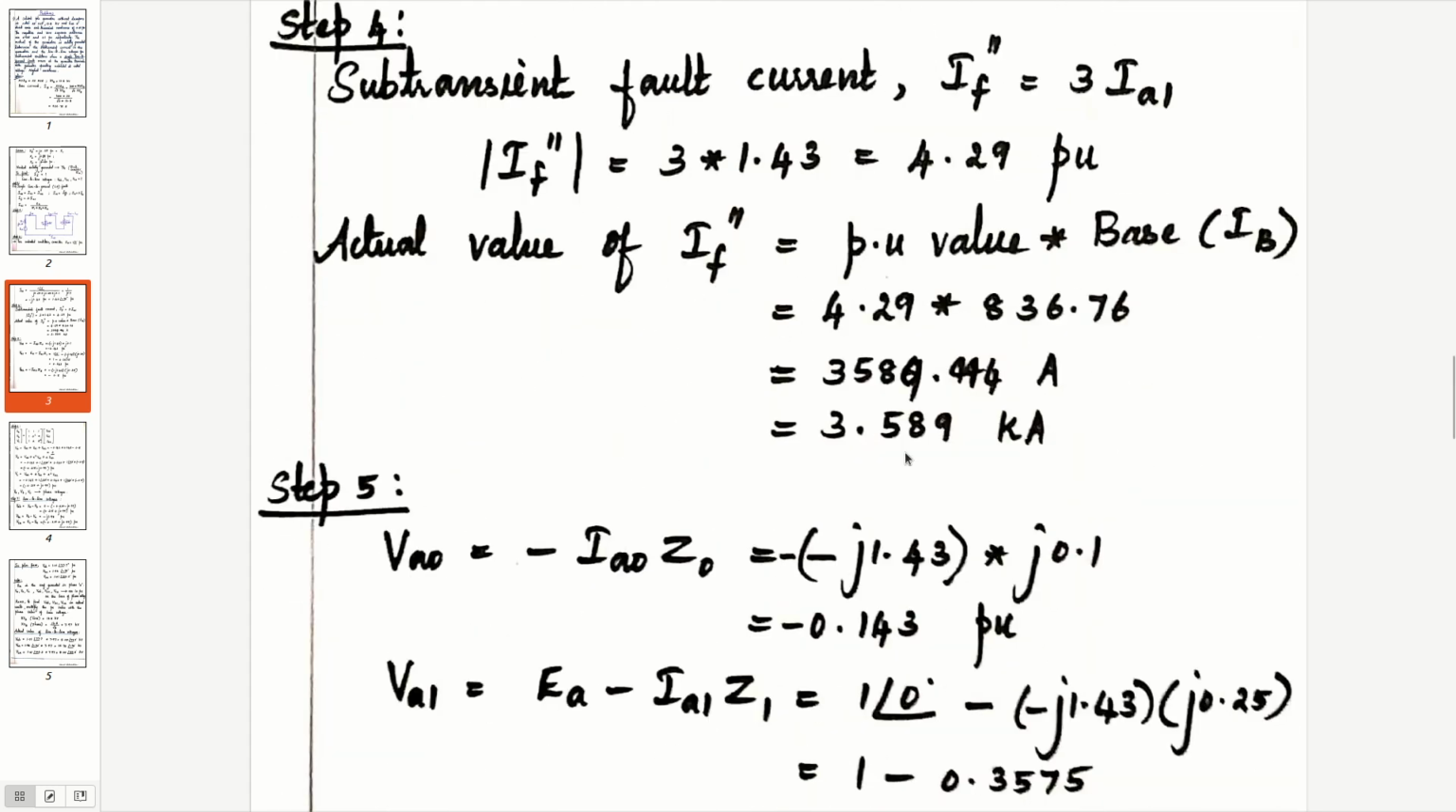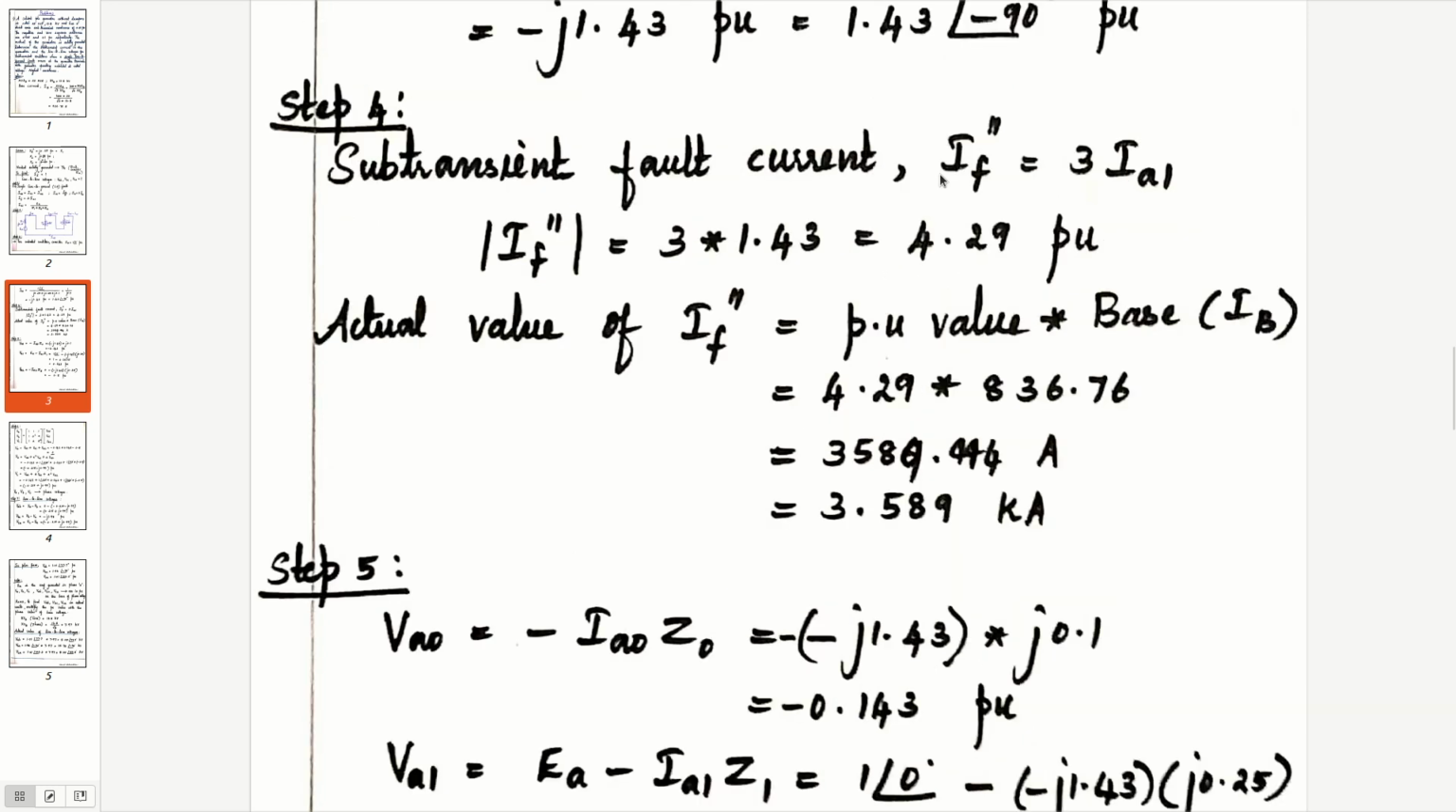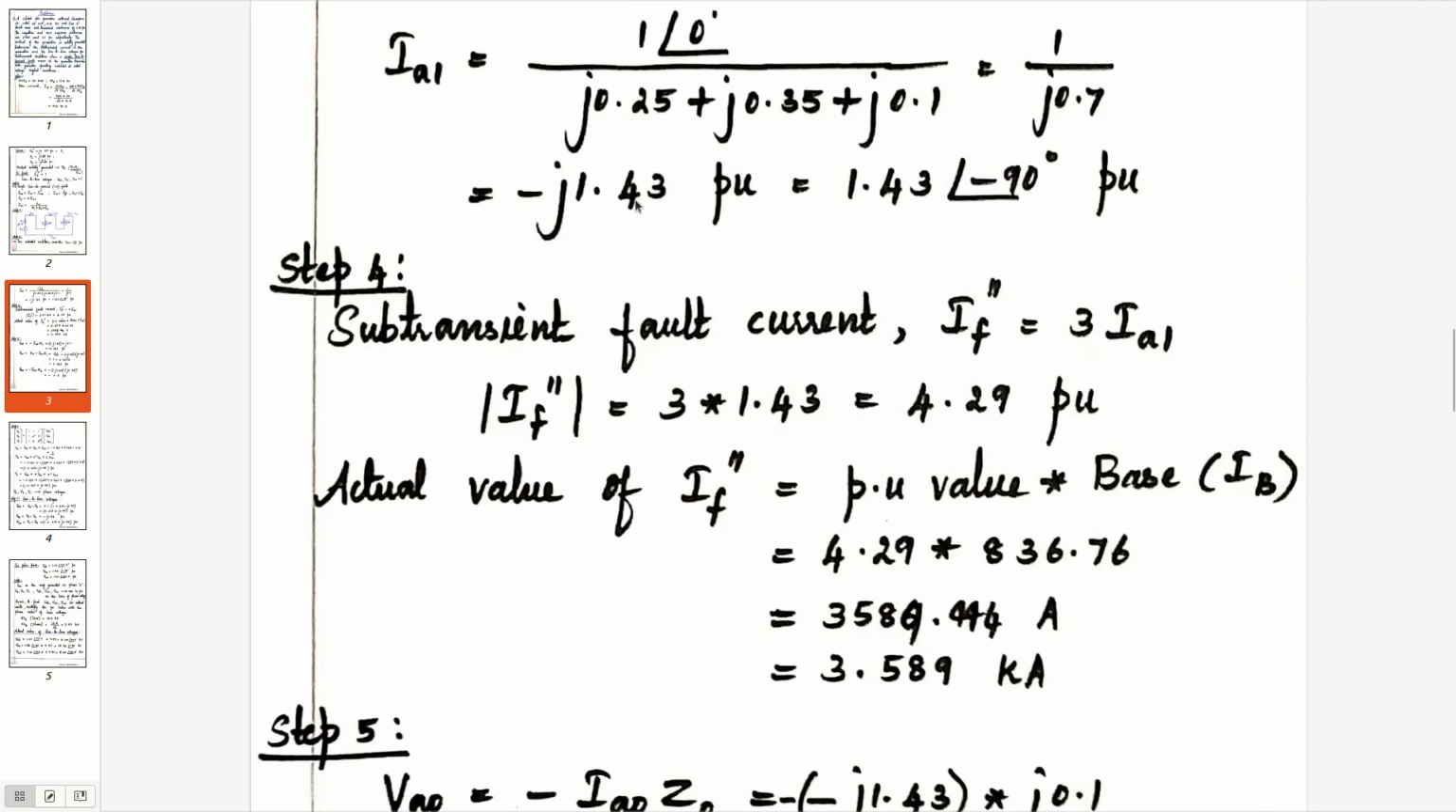Since they have asked to calculate the fault current during subtransient condition, we have denoted it as IF double dash. IF double dash is nothing but 3 times IA1. Taking only the magnitude of IA1, it is 1.43. So the magnitude of IF double dash is equal to 3 times the magnitude of IA1, which we got as 4.29